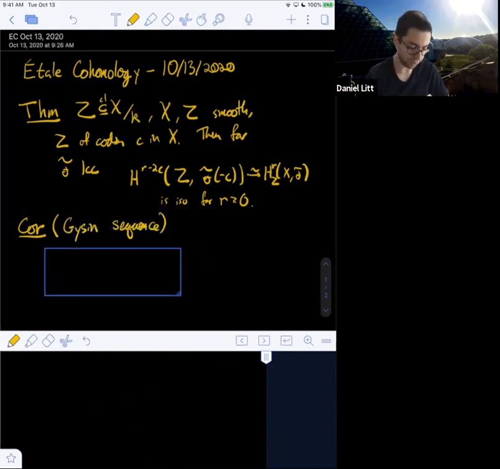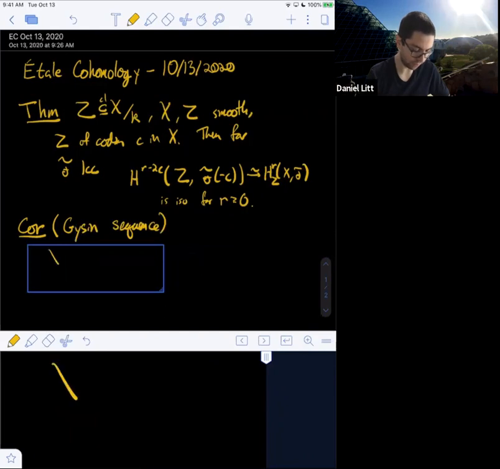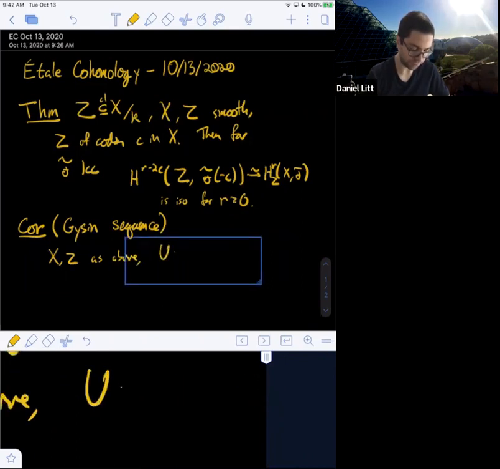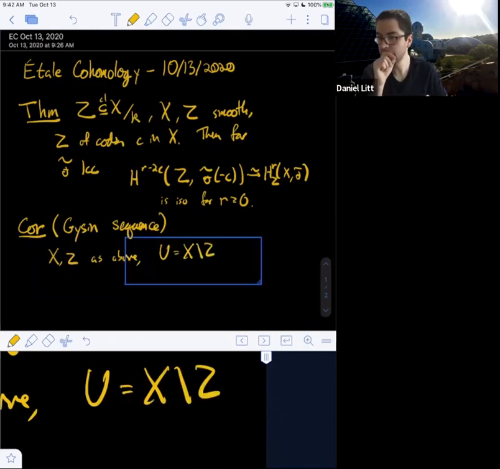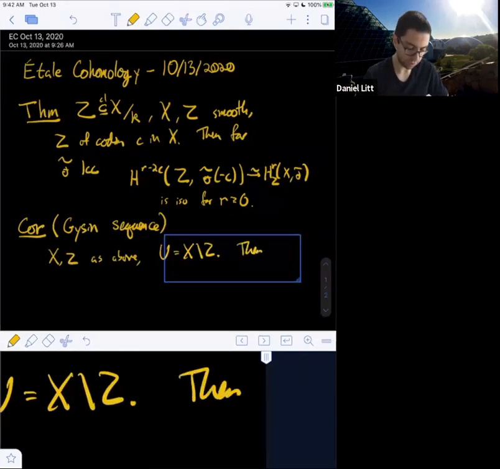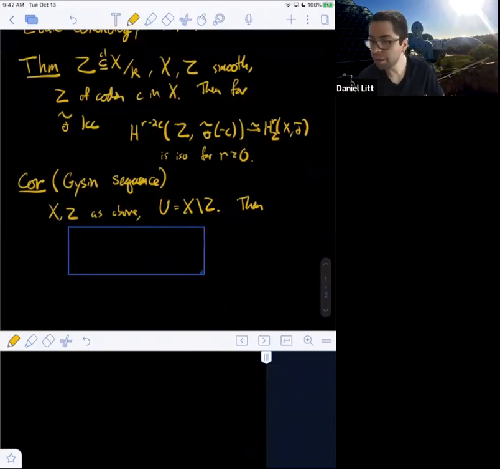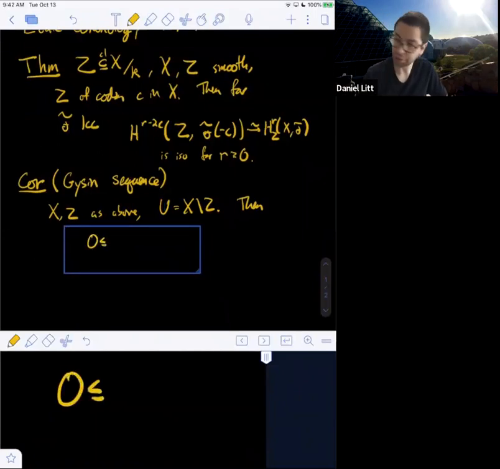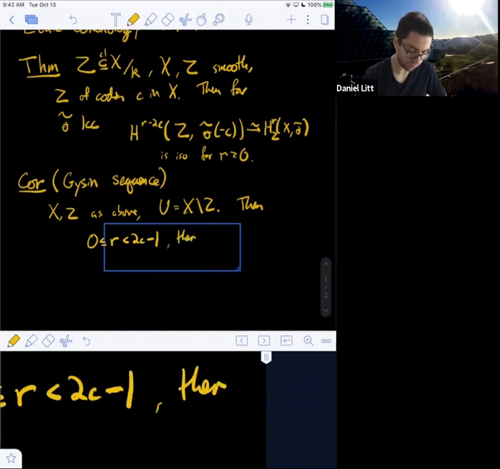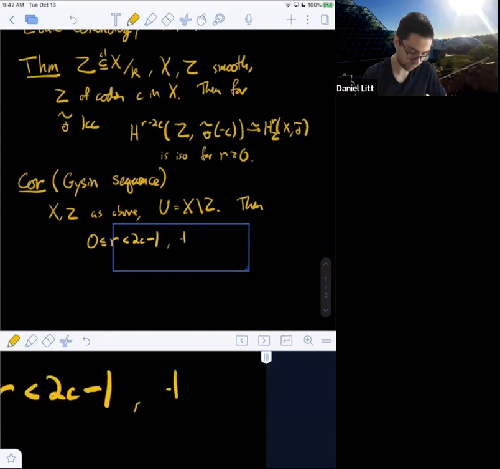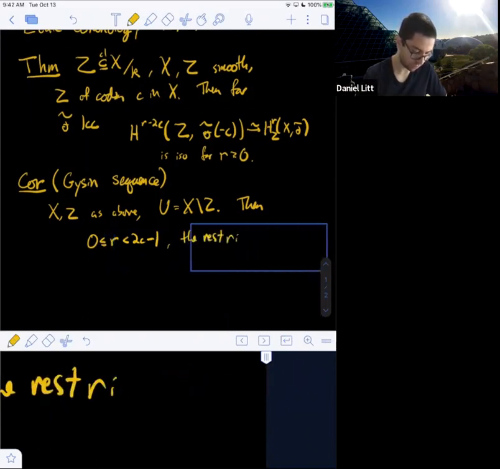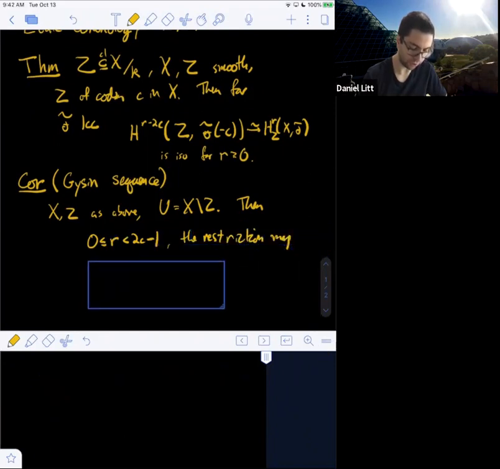So suppose I have X and Z as above, and U is the open complement of Z. Then, first of all, there's an isomorphism for 0 less than or equal to r less than 2c minus 1, well, the restriction map from the cohomology of X with coefficients in F as above.